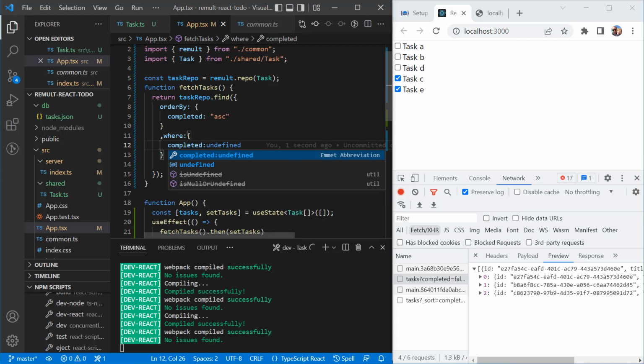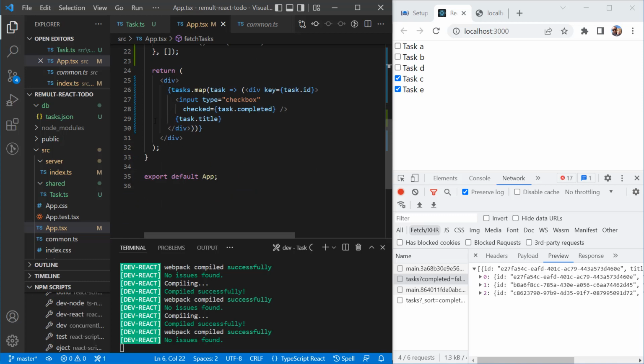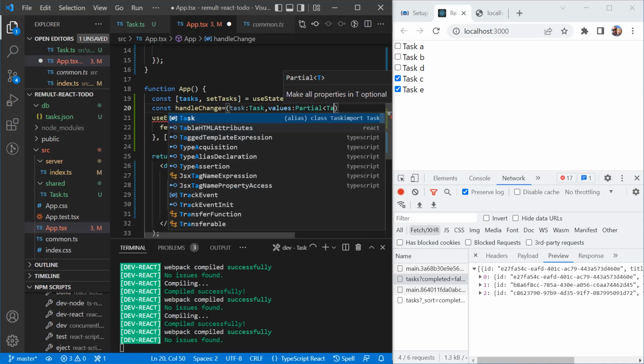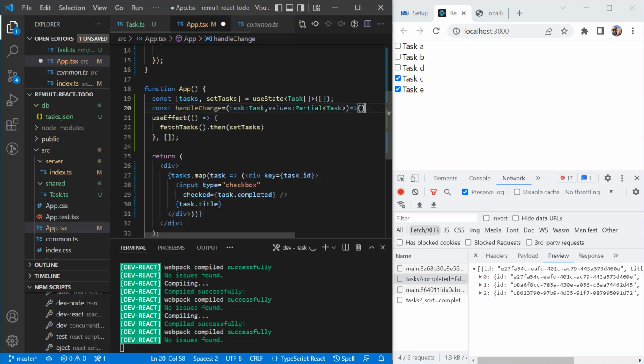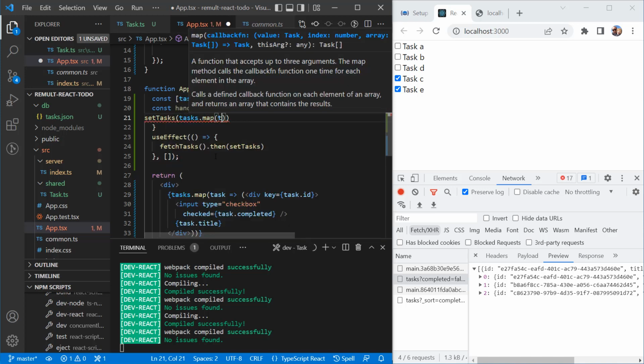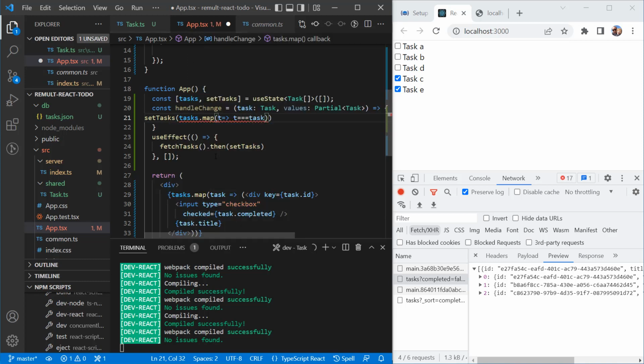Great. Next thing we want to do, we want to start handling the update and create functionalities of CRUD. So let's start by creating a handleChange method. It will get a task and values. And whenever the user will change something using these inputs, we're going to say, okay, setTasks to tasks.map. If t is the current task, then,